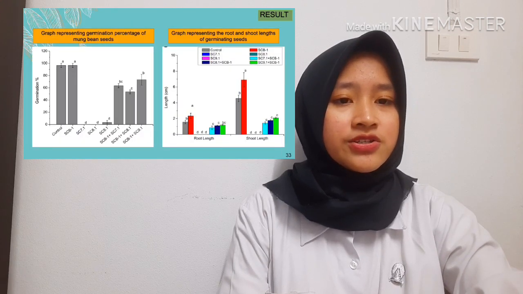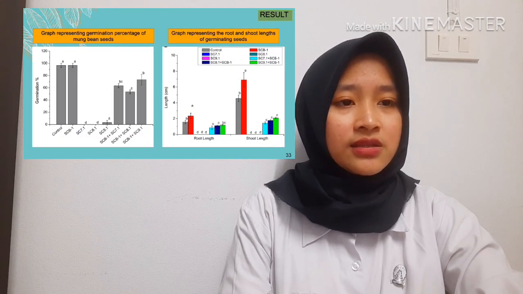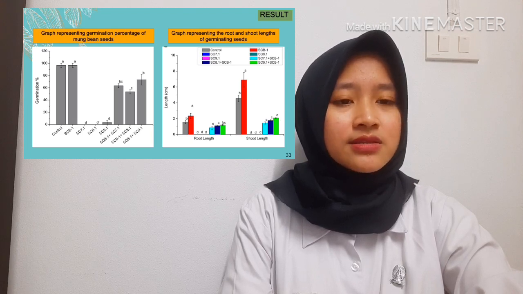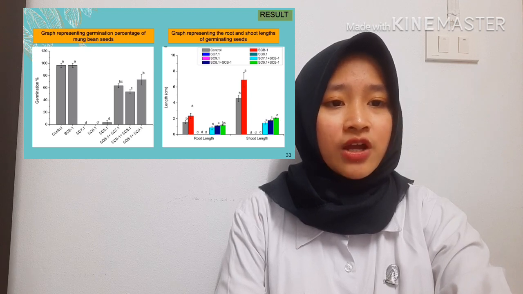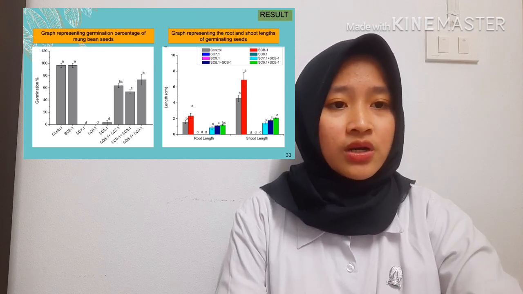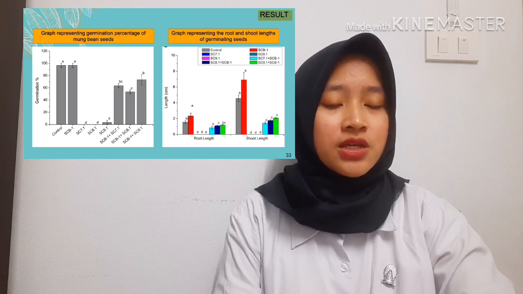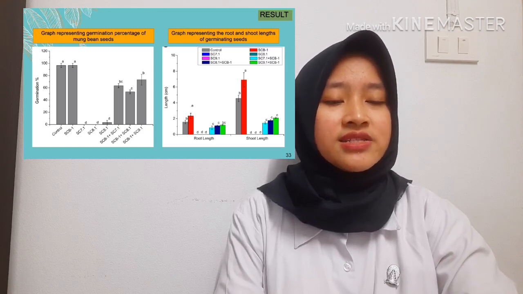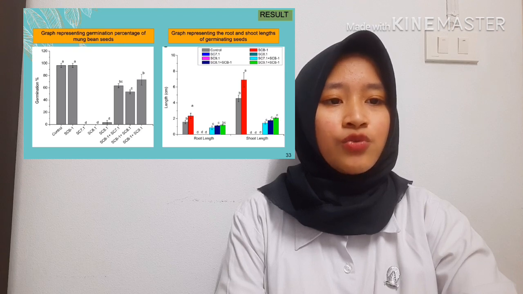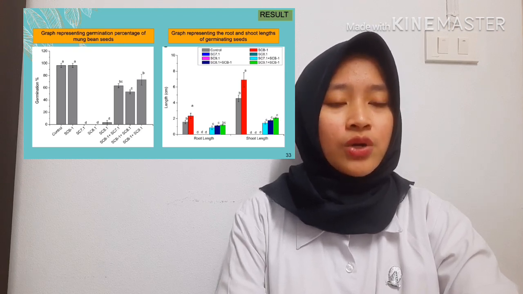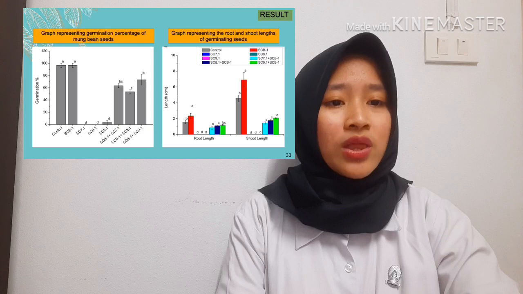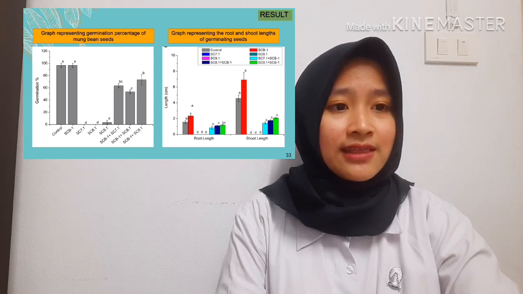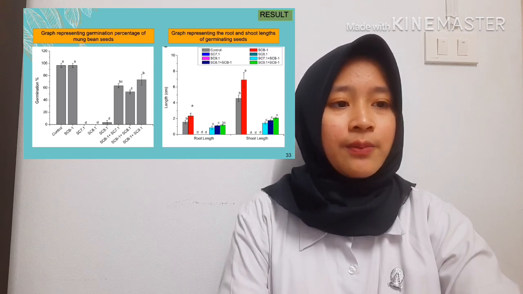Here is the result from the graph representing the germination percentage of mung bean seeds. We can see that the control and SCB-1 alone don't have any effect on germination. If it's lower, we cannot use it. For untreated seed with SG7.1, SG8.1, and SG9.1, the percent germination is very low, about 0. But the seeds SG7.1, SG8.1, SG9.1 with isolate SCB-1, we can see could rescue the percent germination to about 50